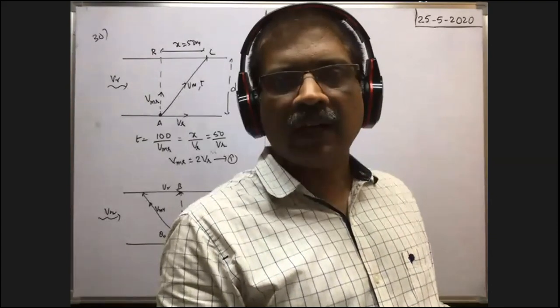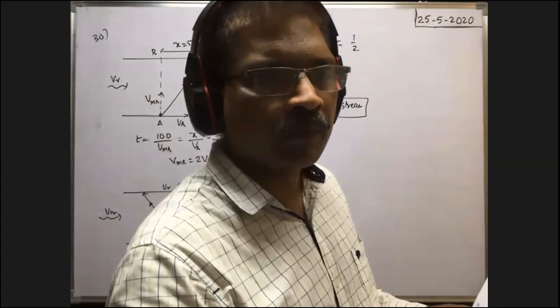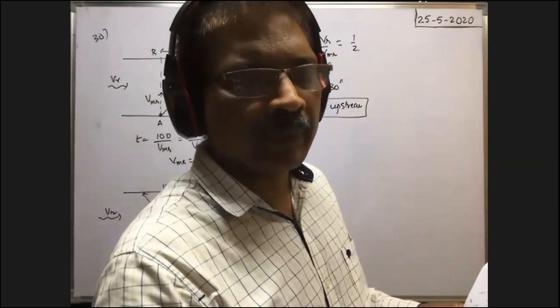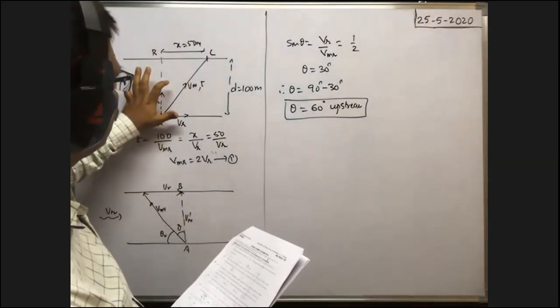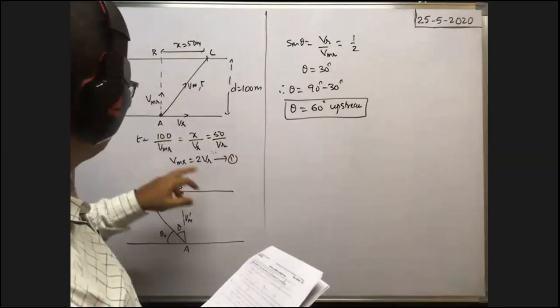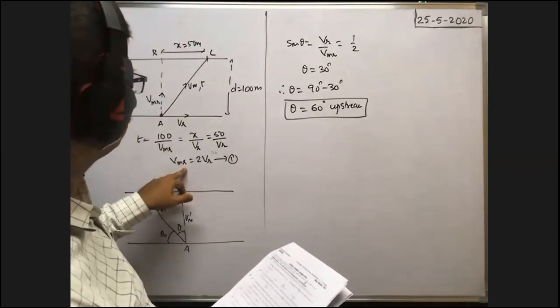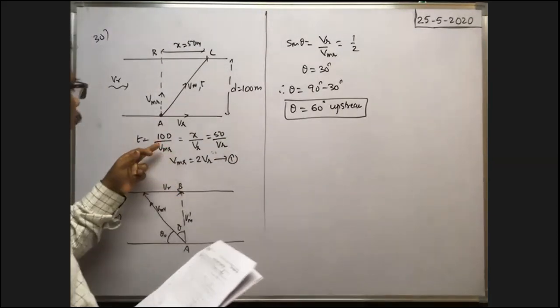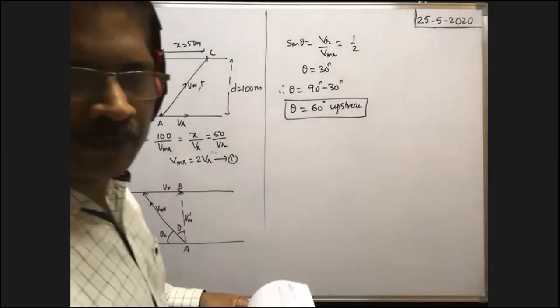Vamsi Krishna, I will unmute you. So you ask me the doubts. We could do that thing before, right, by doing tan theta. Here VMR is equal to 100, right, sir? VMR is equal to 100. That thing we can do then. Tan theta is equal to 50 by 100. That's equal to 1 by 2.